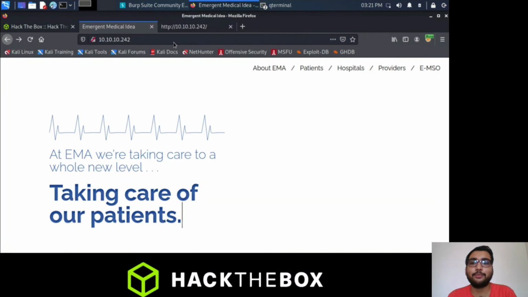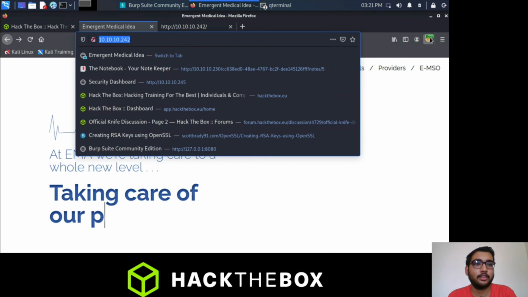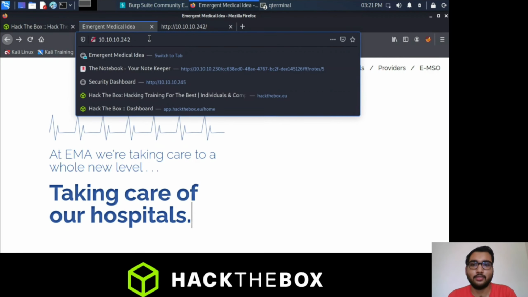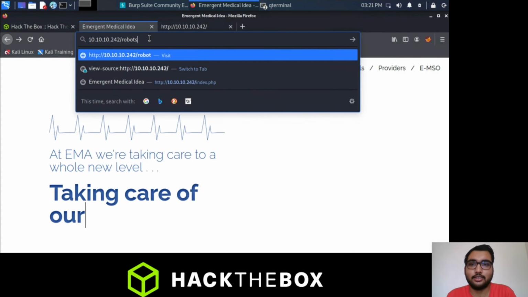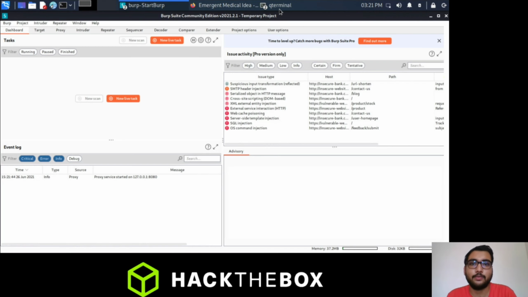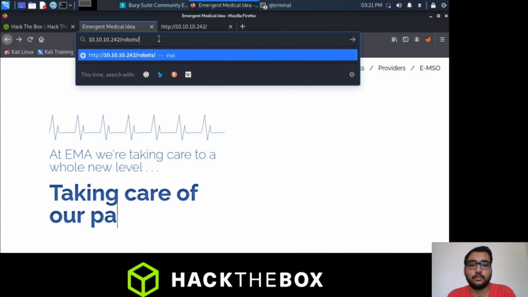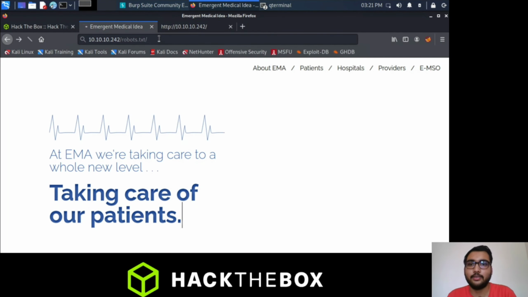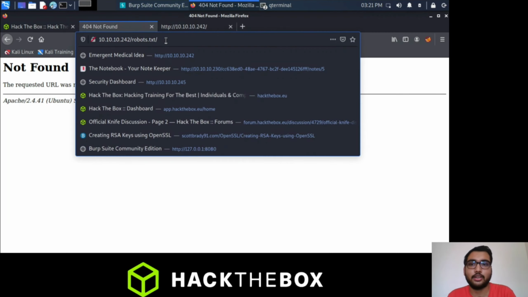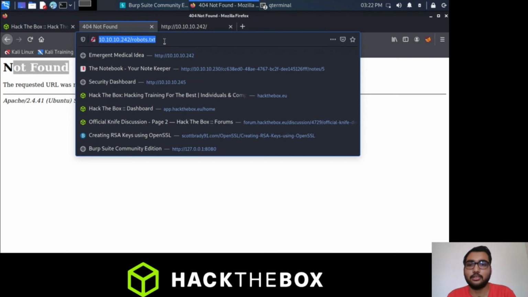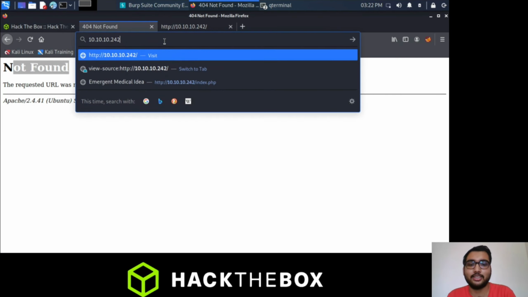One more thing we forgot here is to check if there is any robots.txt file which can give us any hints. Robots.txt, not a folder, I'm looking for a file. So not found, the file is not present.